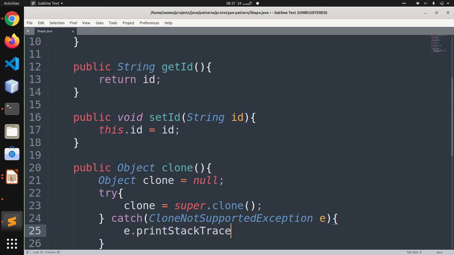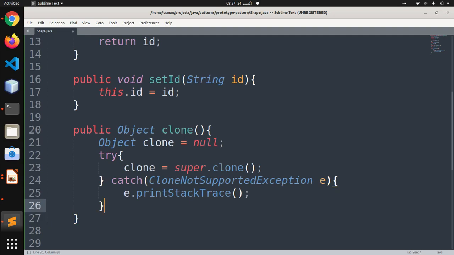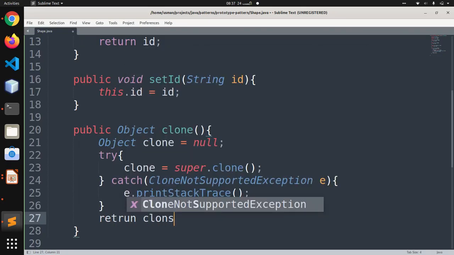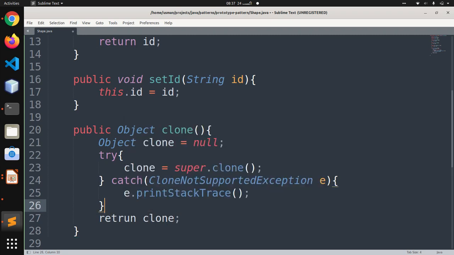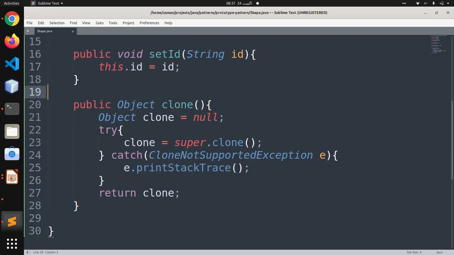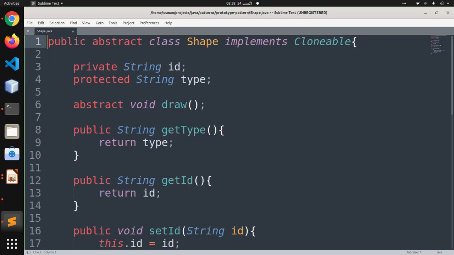So we are basically going to print the stack trace if there are any errors, so we can track where the error is occurring in our current program. And at the end we are going to return the clone object, and that's it for this Shape class, which is an abstract class and the base class of our whole application.